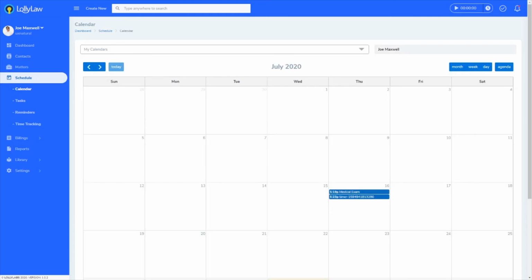Moving on to the Schedule area. This workspace is for managing events, tasks, reminders, and time tracking. In Old Lolly, calendars were automatically created for the firm and one for each user. Now in version 2, calendars are created and managed by the account administrator to support the many scenarios and setups across firms. For example, you can have a single calendar that everyone in the firm has access to, or just one per office. Ultimately, it is up to the administrator to decide, and they can add those calendars to the system. When creating a new event,